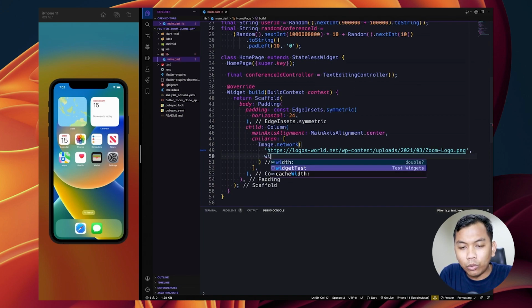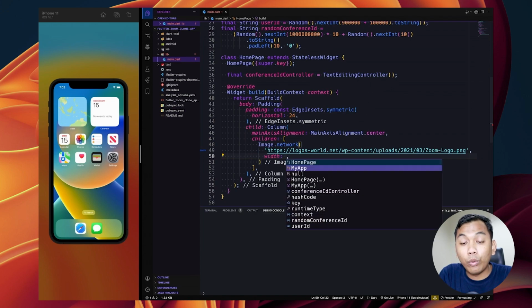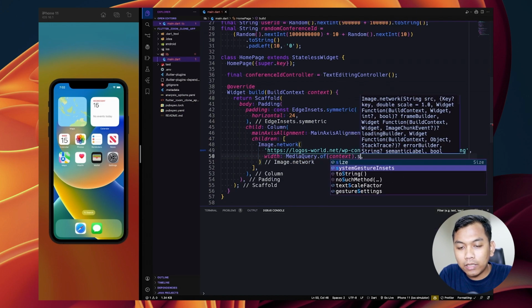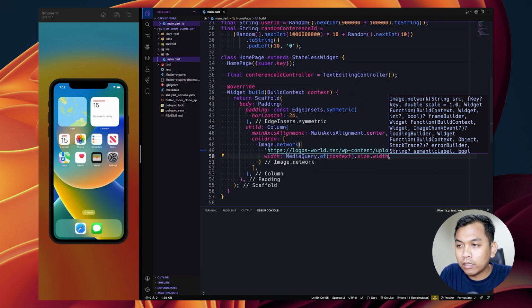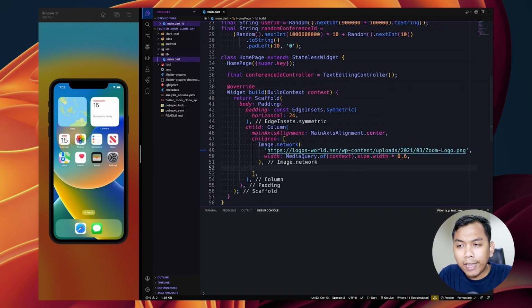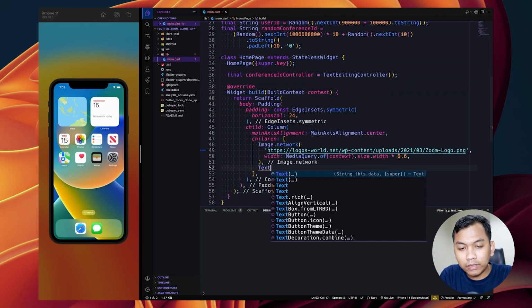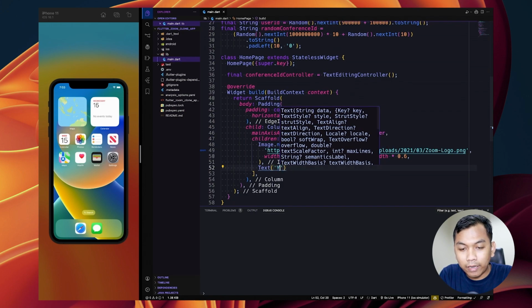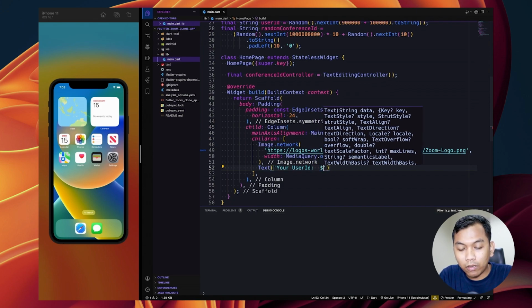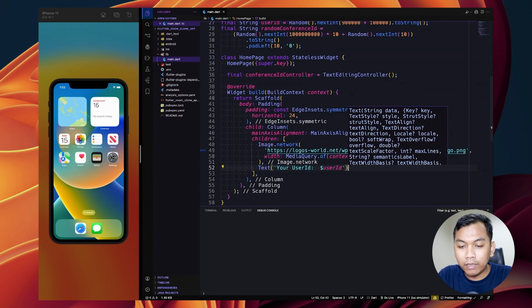Next, we need to set the width to MediaQuery.of(context).size.width, which is around 60% of the screen width. And below this logo, we will have a Text widget, which will be 'Your user ID' equal to our variable, userID.